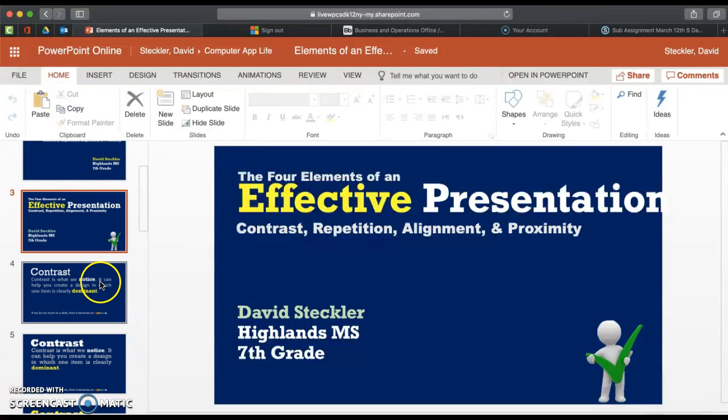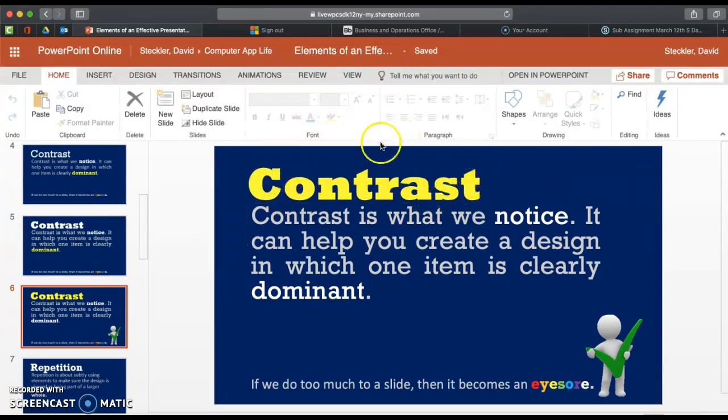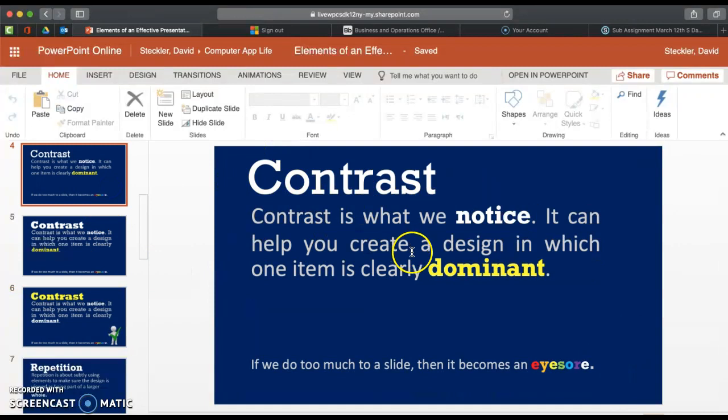So for contrast over here, you're going to notice that when I was going through a couple of slides, I started with white and I had yellow over here, and I ended up switching from a white word for contrast over here, which is what I tried to get you guys to focus on, to having this yellow over here. But you'll notice something that we haven't done yet, but I just want to make clear, and that is the most important part of making a PowerPoint, is actually using a bold enough font, which is actually part of the proximity. But if you take a look at this slide over here, I want you guys to specifically focus on choosing a bold font before you get too deep into your PowerPoint, or you're going to spend too much time